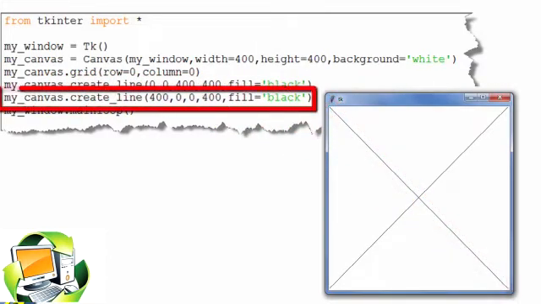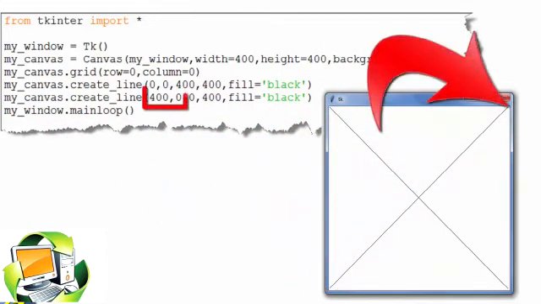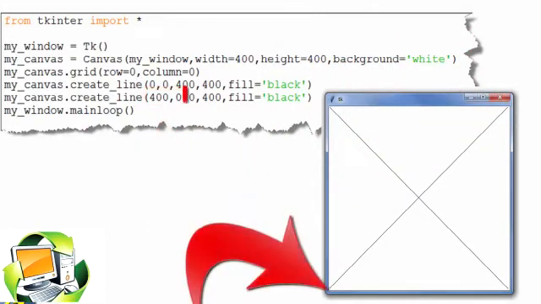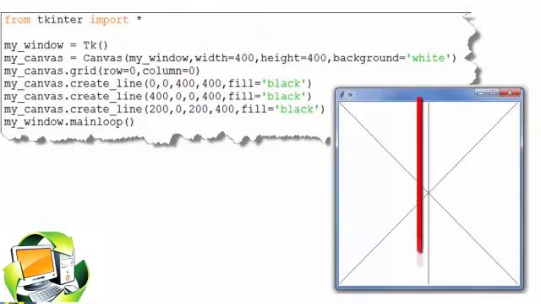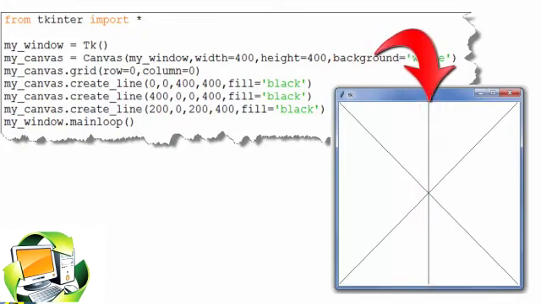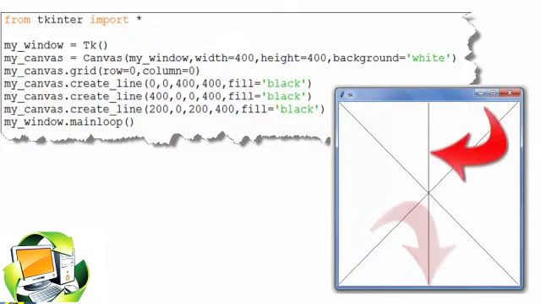For the second line, the coordinates 400, 0 and 0, 400 are marked here. Now I add another line. Here if you look at the coordinate positions, we go from x equals to 200 and y equals to 0 to x equals to 200, y equals to 400.